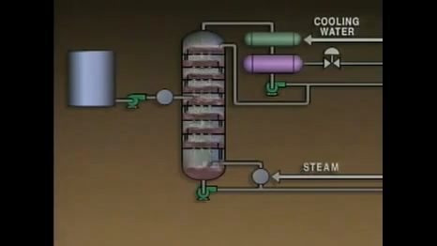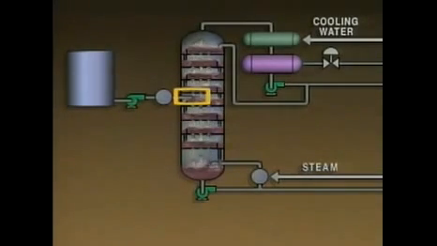Changes in the differential pressure may indicate that a problem exists. For example, an increase in differential pressure could be an indication that the feed rate is too high. Too much feed entering the tower